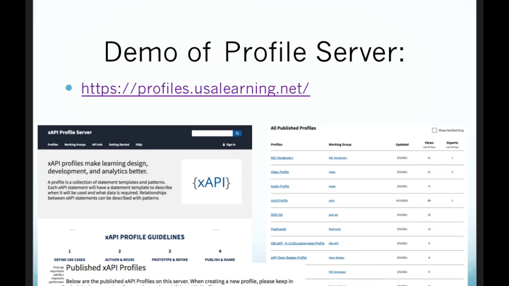At this point, we're going to look at the demo of the profile server. We're going to talk through the opening page. You can see the URL profiles.usalearning.net, and you can see the slides showing that first page. The idea is you scroll down on that first page to the section called Published xAPI Profiles and click on Exploring Profiles. That will take you to the page shown on the right, a list of all the published